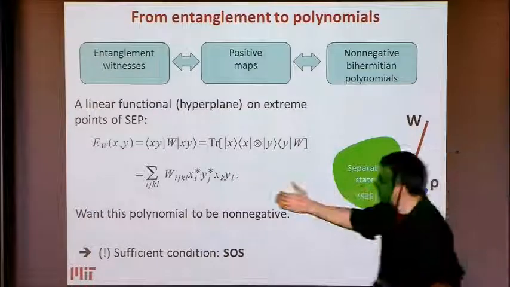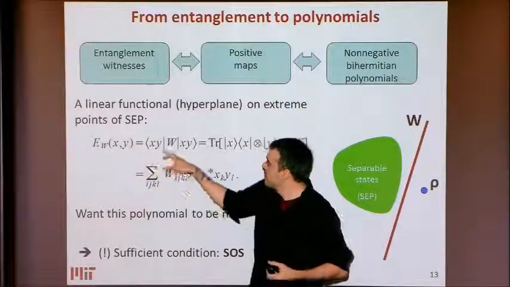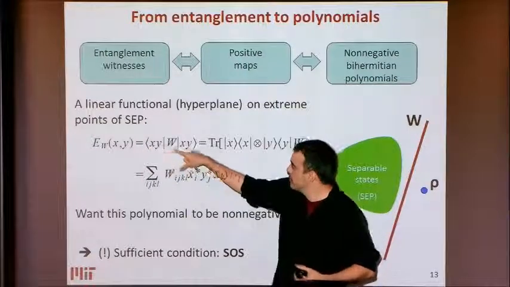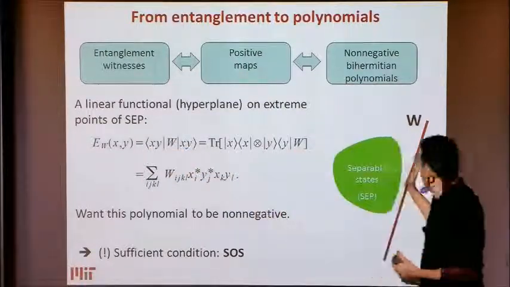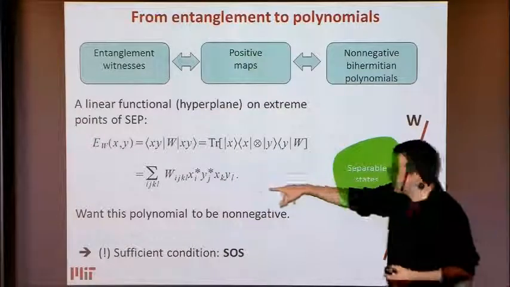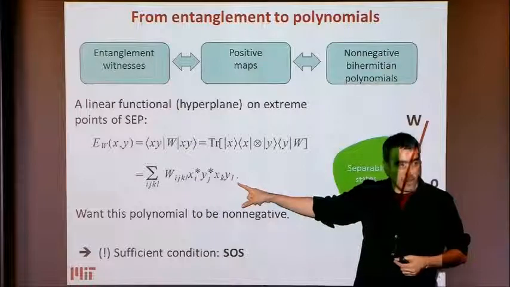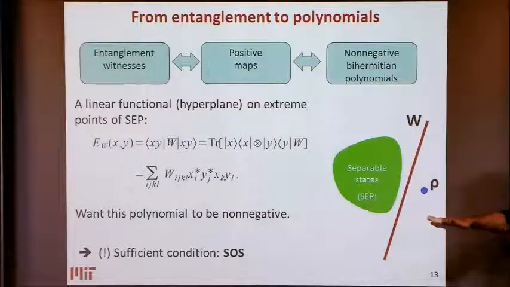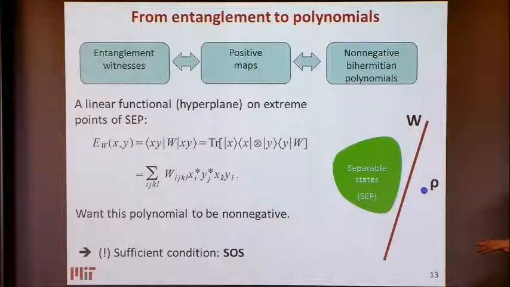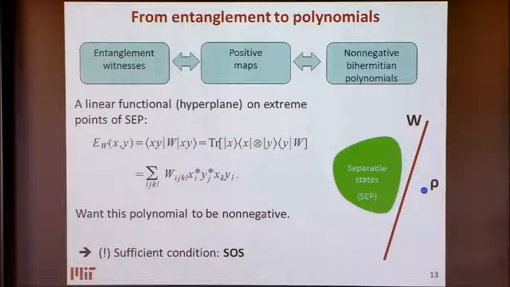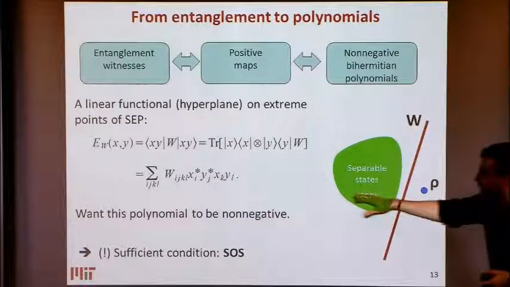Right? And if I write it down, let me just write it this way. If I write this linear function applied to a separable state, what I'll get when I expand it is exactly a polynomial that looks like this, which is biquadratic. When I fix the x's, it's quadratic in y. When I fix the y's, it's quadratic in x. And when I say quadratic, I mean Hermitian. In here, we're doing the complex version. Right? So it really looks like this.